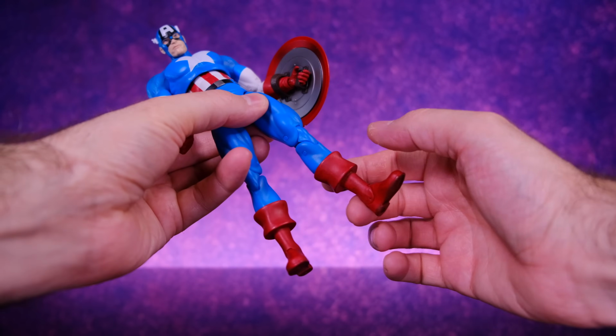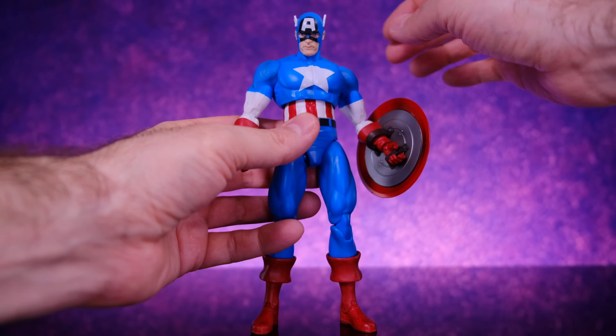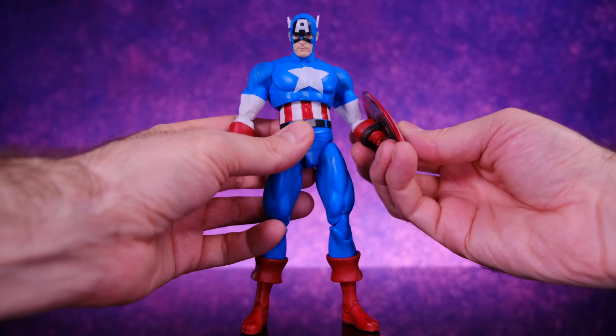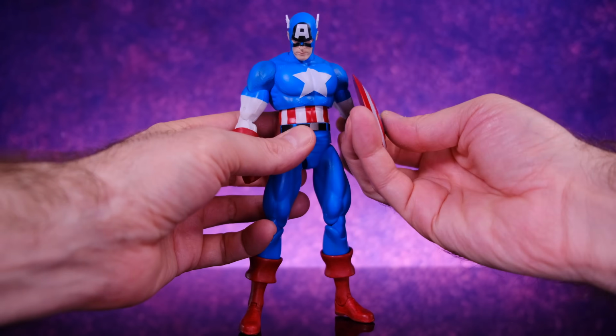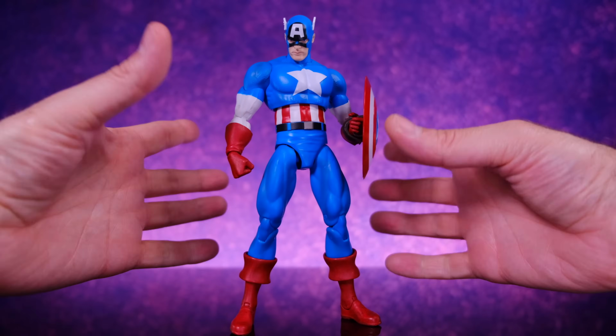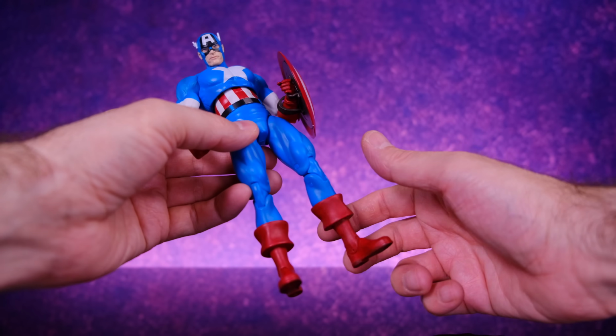And then there are some joints that are a little loose, you know. That's something that's a little common with Diamond. They have a certain feel to them, and Captain America has that same feel. It doesn't feel like an import or super high quality. It feels fine, but there are certain areas that kind of take away from the